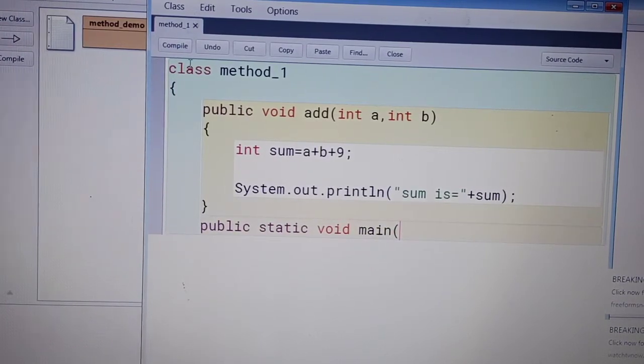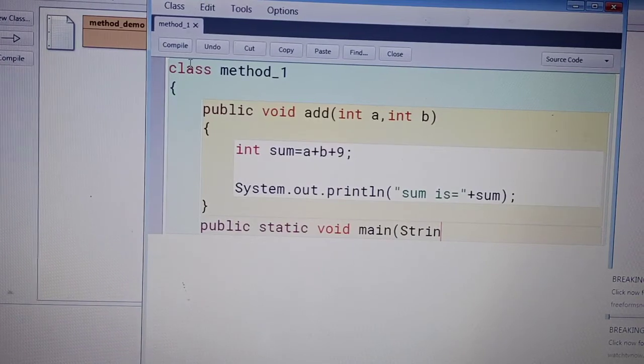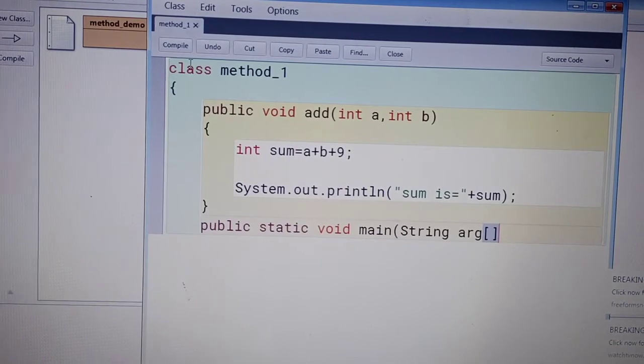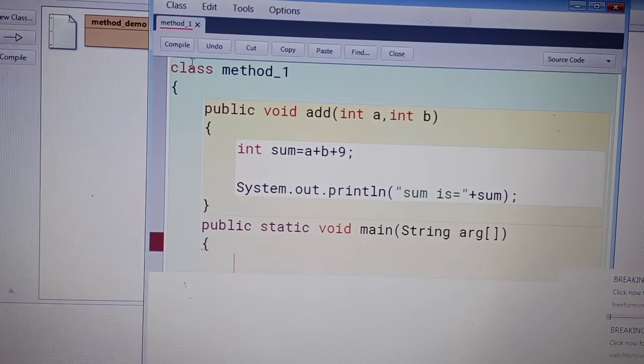String type argument, then start the block of the main method.